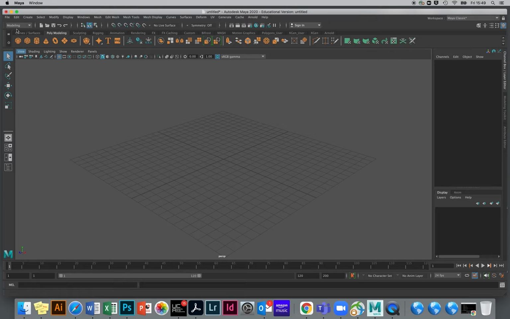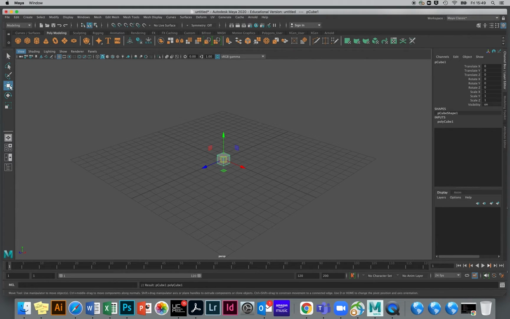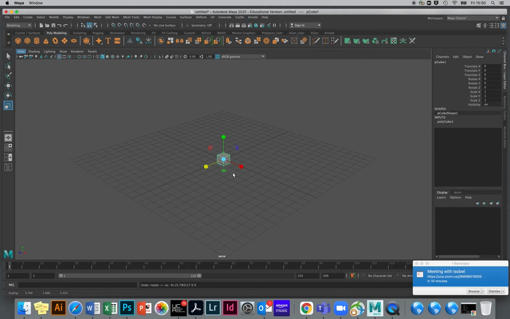First off, I'm just going to click the little create polygonal cube here. And that starts off by creating a little polygonal cube. Now, to change the way my polygonal cube looks, I can use the move tool here, which is W. E is rotate. And R lets you scale. If I grab these little handles, that lets me do that. Command Z or Control Z lets me undo, just like with